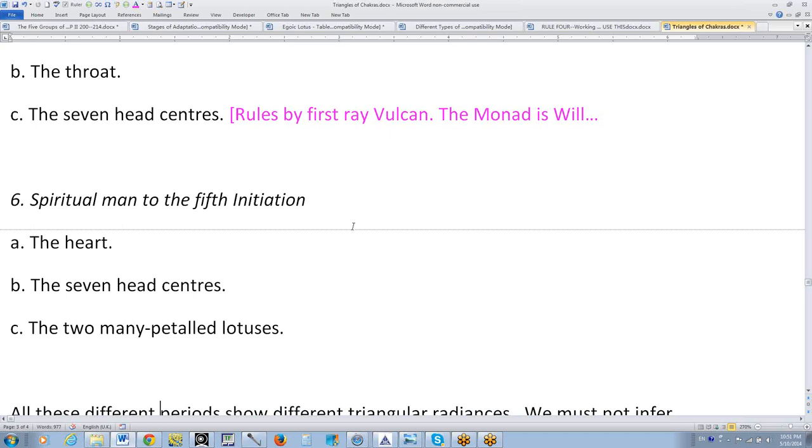triangle in terms of the petals of the Egoic Lotus, well, it's after the third degree, and to a certain extent after the Egoic Lotus has itself disappeared. And the man is a living representation of the spiritual triad. And the two many-petaled lotuses are connected with the triad and the monad, rather than being connected with the soul per se. Since what we usually call the soul has disappeared, and since the central fire has risen,